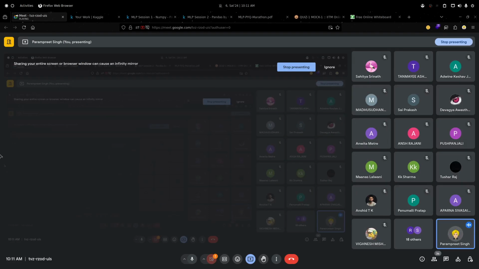Formulas I have seen. One is x in the numerator, and in the denominator there is mod of x dot max, right? And one is max of x dot max comma mod of x dot min in the denominator. Let me just check the formula, max ABS scaler formula. So okay, that x max minus x min you are saying.